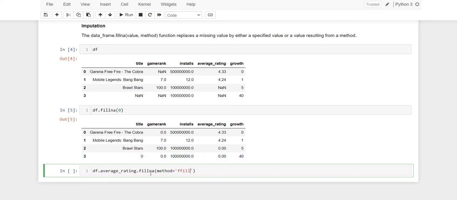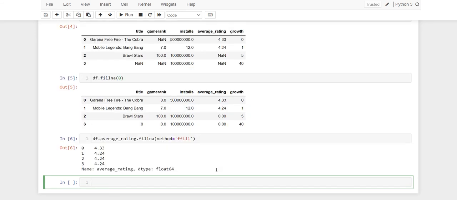So what's going to happen is in the average rating column, I am going to propagate in a forward direction the value 4.24 for my null values. As you can see here, 4.33, 4.24, 4.24, 4.24. Excellent. So again, you can